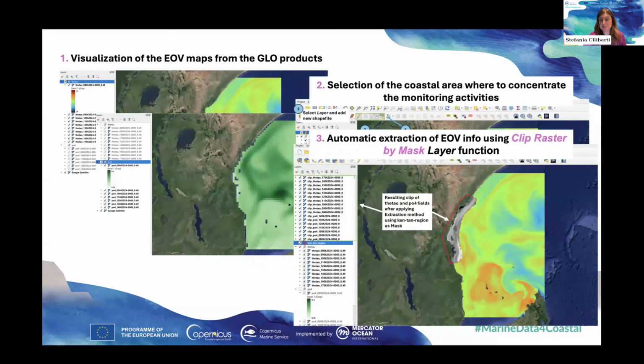After that, you have in gray the region where the Copernicus marine data are available, so you can focus your attention only on this region and further customize the map